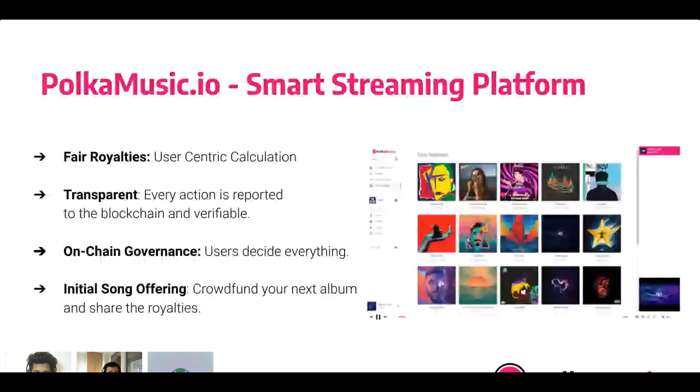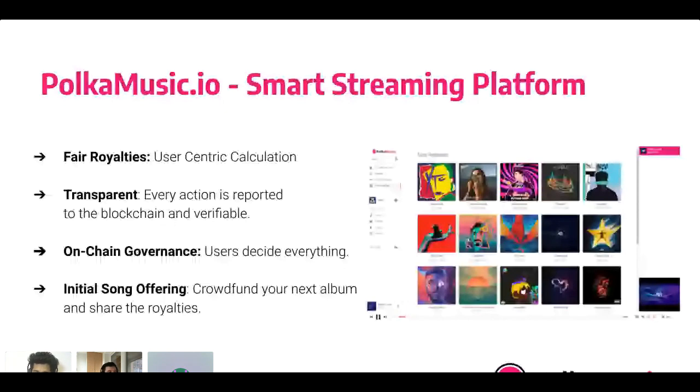So we have the smart streaming platform, polkamusic.io. It does user-centric calculation, which means if Urban is listening to two artists, his share is actually distributed to only those two artists, not anybody else. It is transparent. You can confirm it on the blockchain.